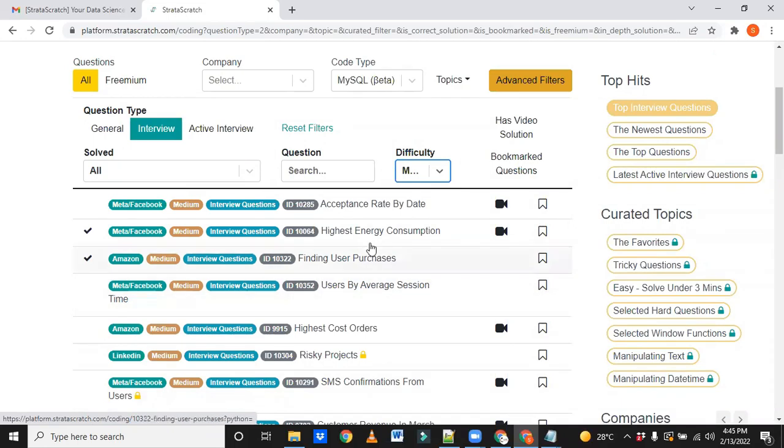And going forward, you will see how easy it is to use this website. If you have internet and a laptop, that's it. You don't need to install any other external software, especially for PostgreSQL or Python or MySQL. I just picked only two today. I will see them one by one.